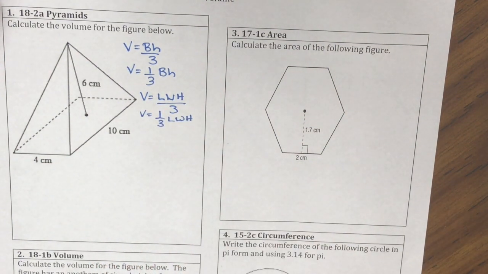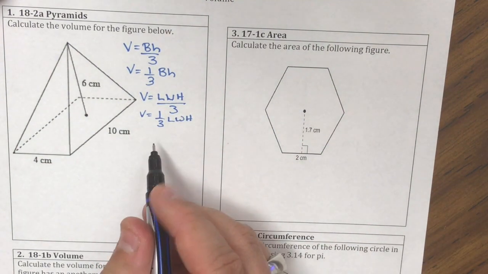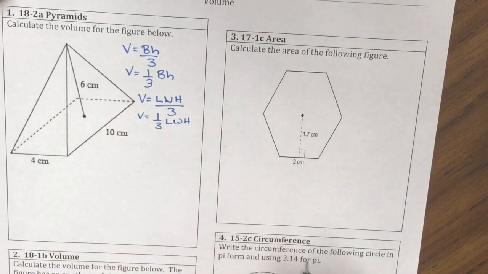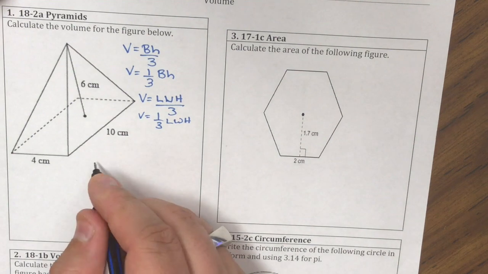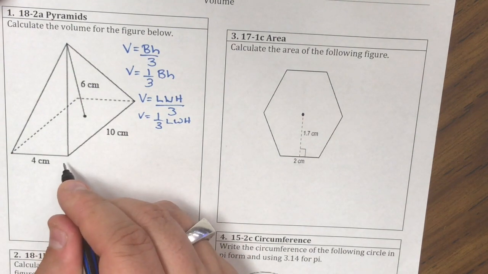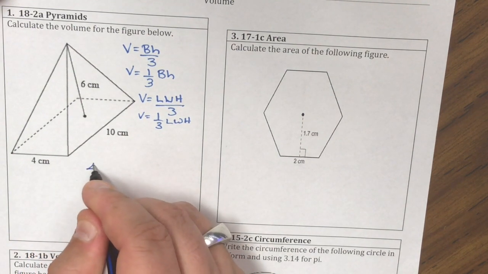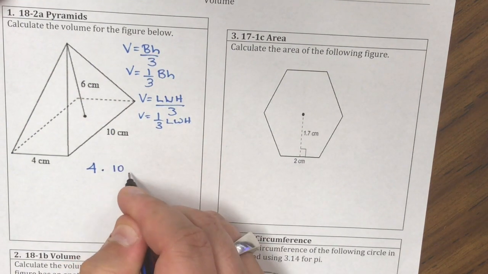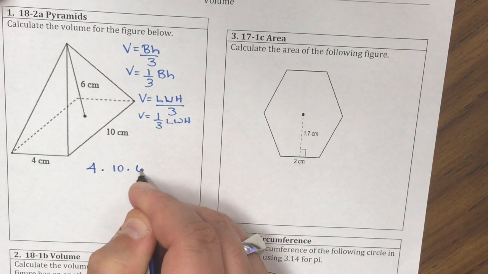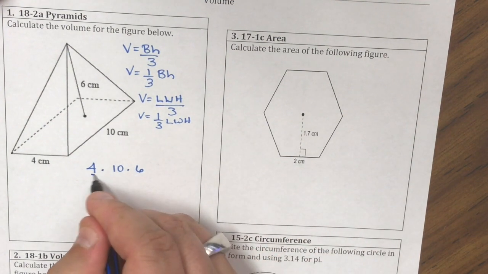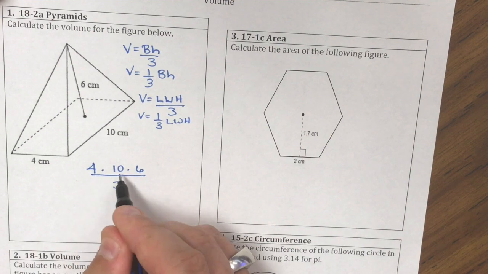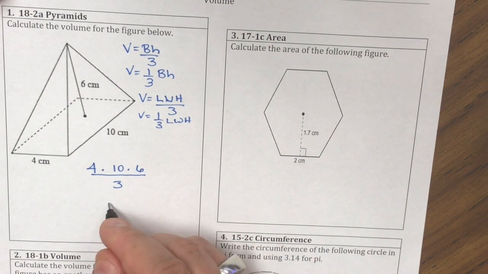So all four of those methods will get us the same thing. So let's just use this one here, length times width times height divided by 3. So our length is 4, our width is 10, our height is 6, and we're dividing by 3. Well, 4 times 10 is 40. 40 times 6 is 240